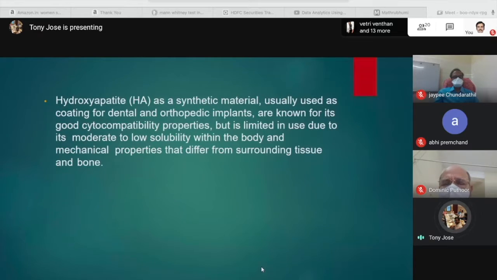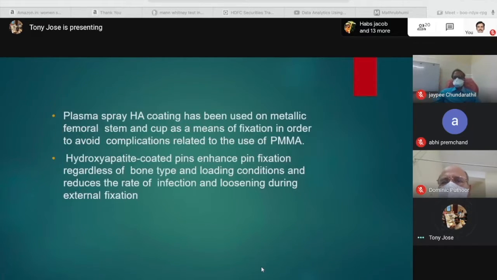Hydroxyapatite is a synthetic material, usually used as a coating for dental and orthopedic implants, and is known for its good cytocompatibility properties. But it is limited in use due to its moderately low solubility within the body and mechanical properties that differ from surrounding tissue and bone. The plasma spray coating has been used on metallic femoral stem and cup as a means